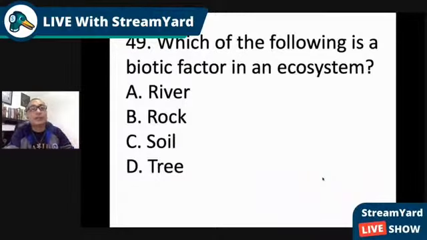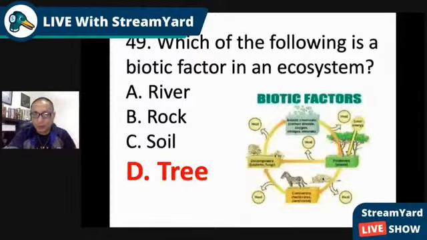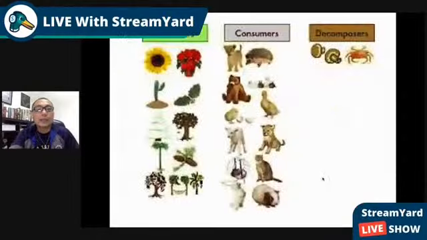49. Which is a biotic factor in an ecosystem? Biotic. So there's a term there from the term bio. I will move this one fast because I know from the term biotic factor, you know already the answer, which is 3. Okay? These are factors that affect and nurture the existence of life. No, 3 is one example. Okay, in the biotic factors, there are 3 different factors: producers, consumers, and decomposers. And you know naman how to differentiate the 3.